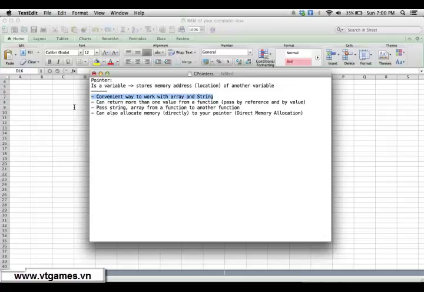So right now, I'm going to explain the use of pointers to work with arrays. Your array is actually a pointer. The array name is a pointer pointing to the first element of the array. In order to prove this point, we're going to